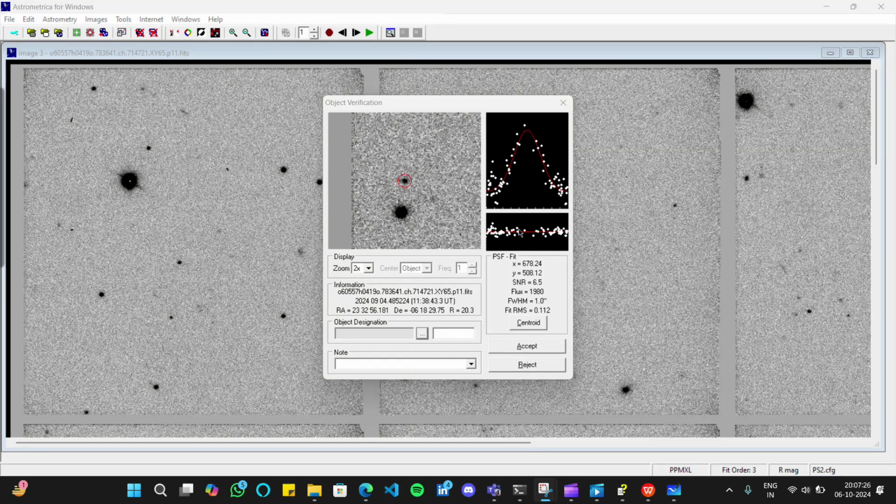Now coming to the signal to noise ratio, it is 6.5, greater than 5, so it is also fine. We can say that it is perfectly an asteroid. Congratulations. Whenever you find this type of asteroid, the moving object you find is an asteroid, and you can give it your name.